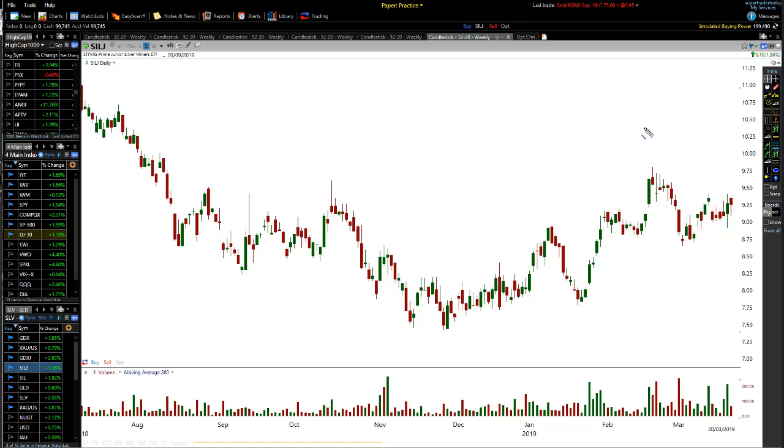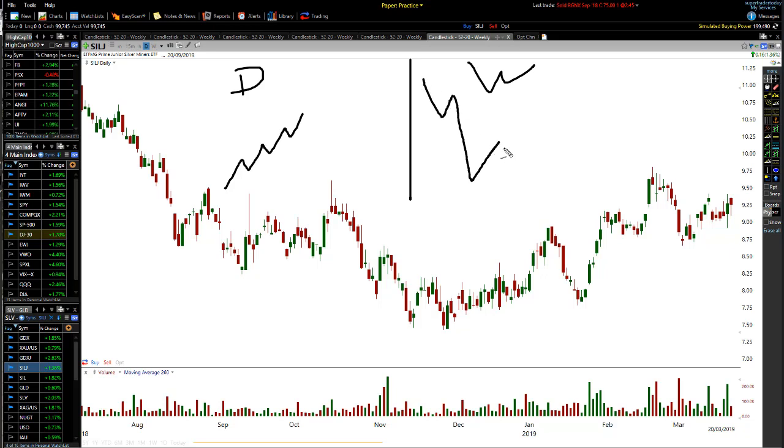But here is the thing. Yes, you want to trade the trend, but trade the higher time frame trend. Because if this is the daily chart over here, and suddenly you're making higher lows, higher lows, higher lows, but over here on the weekly chart, we're just doing this. And this whole point through here is just this little point through here. More times than not, this will fail and will start to roll over just like that on the weekly charts.